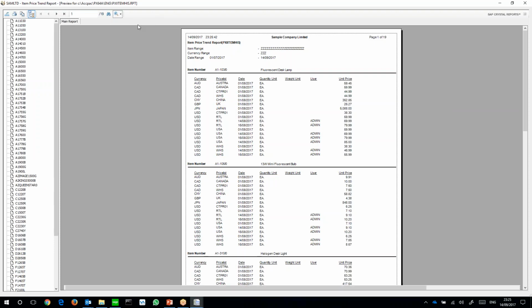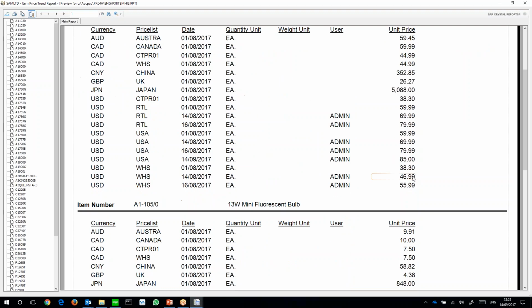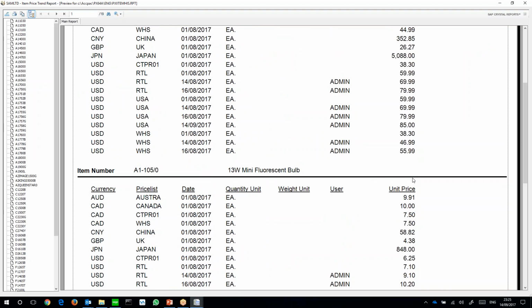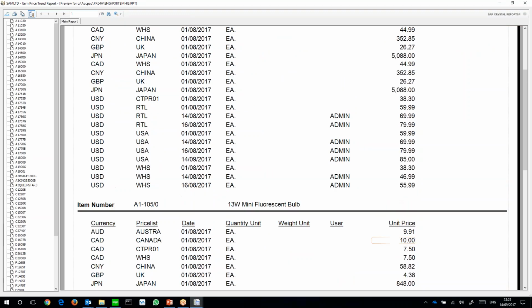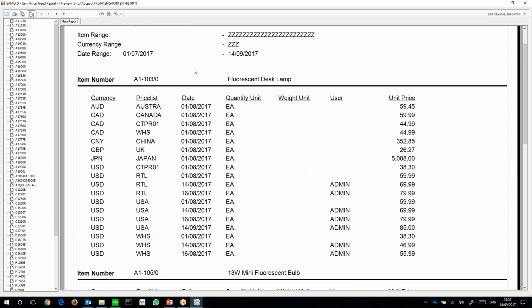Okay. So what this is showing is we added an order logging type feature into the item pricing. What this report shows you is, during this particular period, July to September, for this particular item,